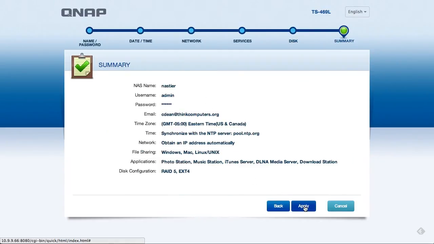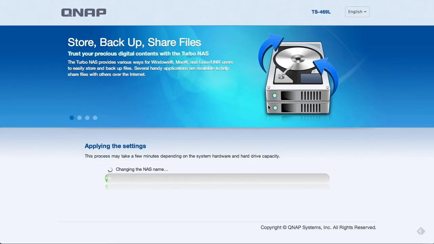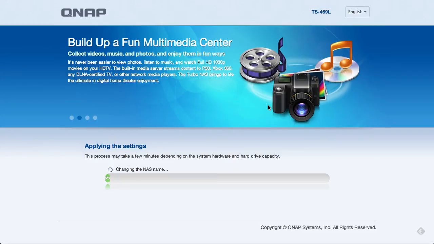There's all our setup. Apply. Confirm, and it will go at it. So while this is running, I'm not going to run you through the whole thing. It's setting up the drives, formatting them with ext4. Really, it's constructing the volume first, our RAID 5 volume, which is more of a software RAID in QNAP devices, and then formatting that volume ext4,